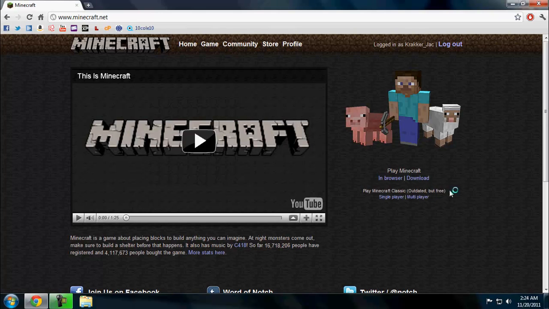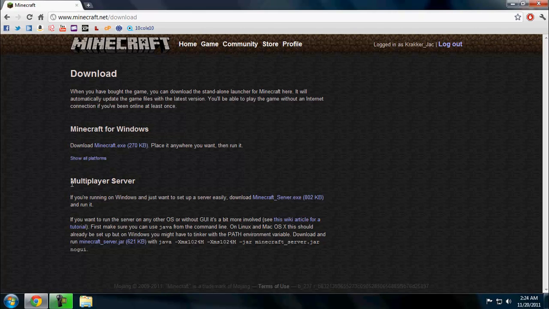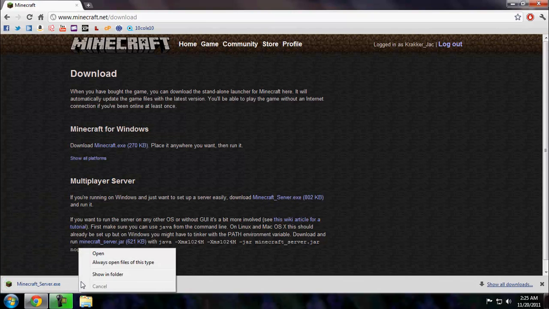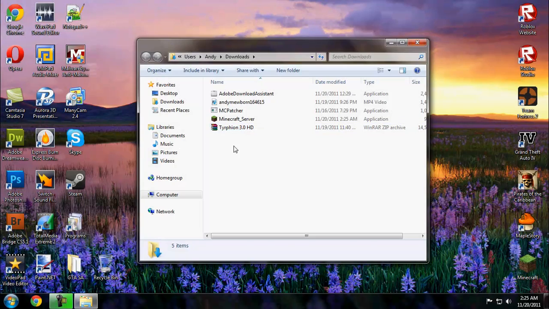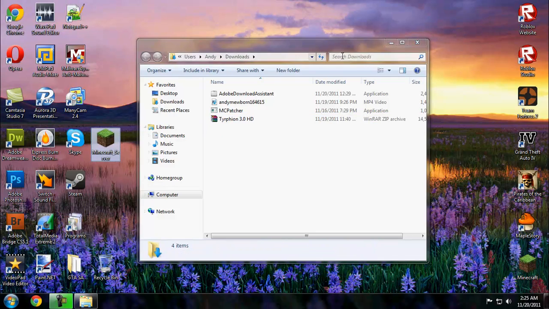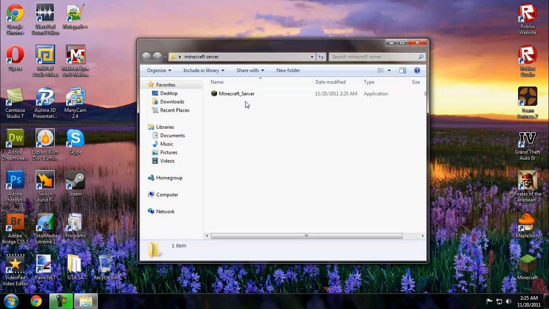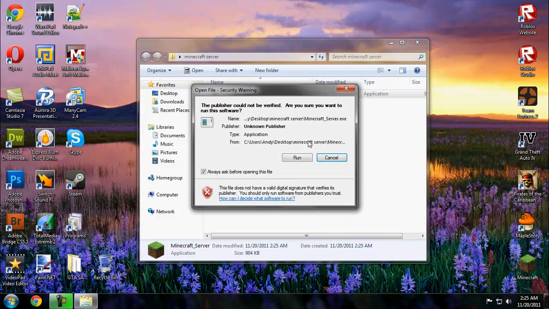And then if you're logged in, or I don't think it matters, you just click download. Then under the heading Minecraft server, you click download Minecraft server.exe, and then you open it up in the folder when it's done downloading, and then you move it to the folder you created. The reason you create a folder is that whatever directory this is in, it's going to be creating files and putting the files in that directory. So if you put it on your desktop, it'll be all over your desktop and all that stuff. So just keep it organized in a folder, and then you just open that,